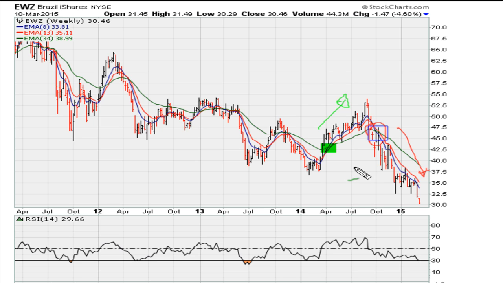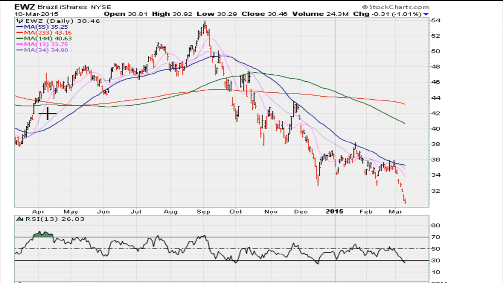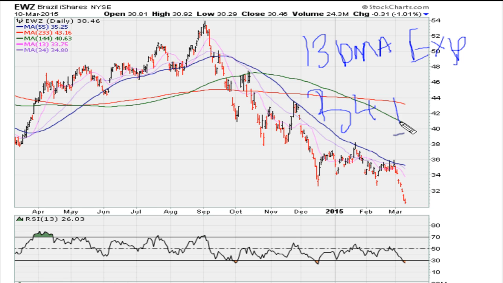Is it the best? Not necessarily. But is it reliable? Yeah, it can give you a feel or a sense of where the direction is going. And if you really want to confuse yourself a little bit more, you can also take a look at the daily. And on the daily, you can also use the crossover between the 13-day moving average, again exponential if you want to keep it, so we can try and capture the recent moves in the market, crossing over the 34-day moving average,